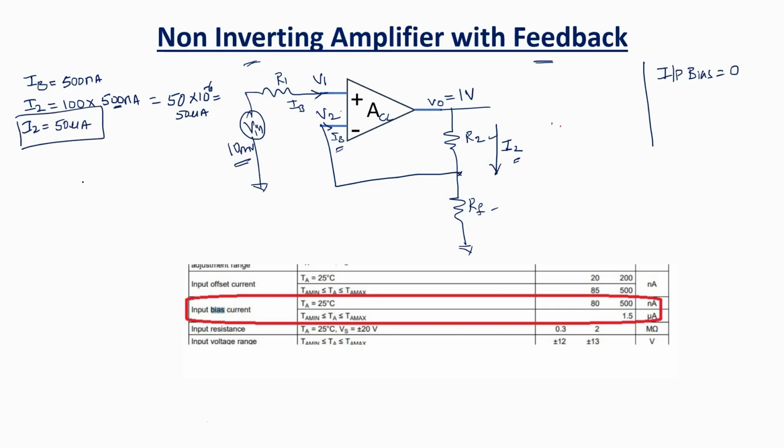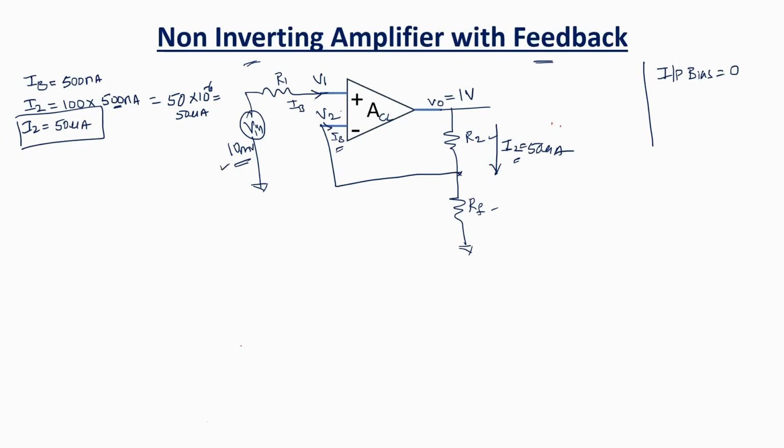50 microamperes. Okay. IB we know, V in we know. And now what is to be understood here is that let us deduce some formulas to identify the R2 and